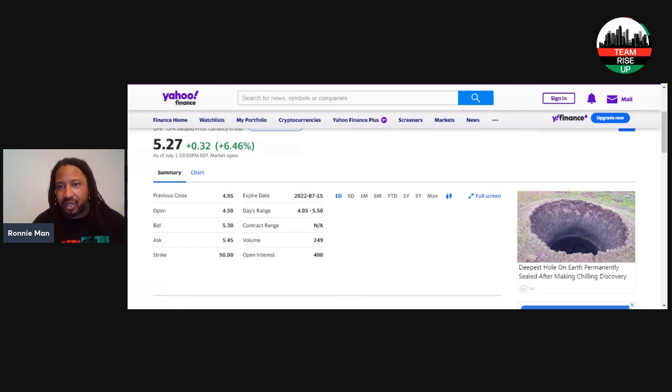Now, here's another one with a nice 200% return. Here's another one with another 200% return. But that's not to get greedy and thinking that you're going to get hundreds of percents every time you trade. You have to be happy with getting these 31%, right? Because here's the deal. This 31% trade